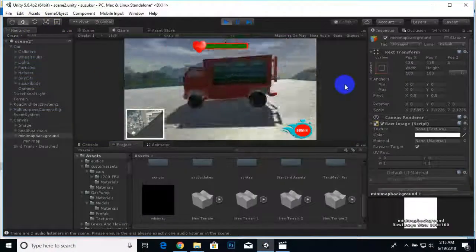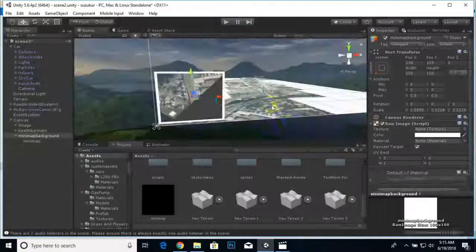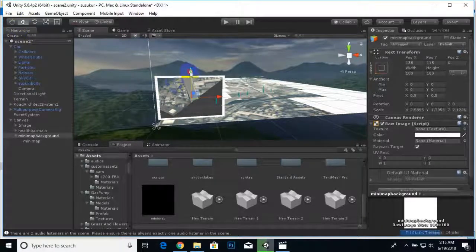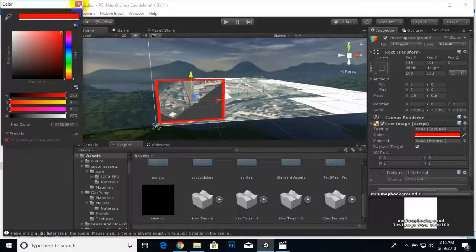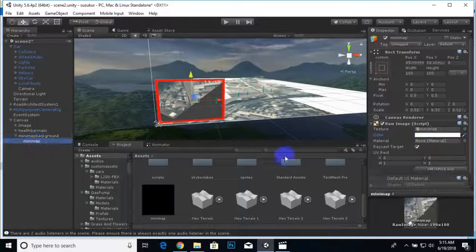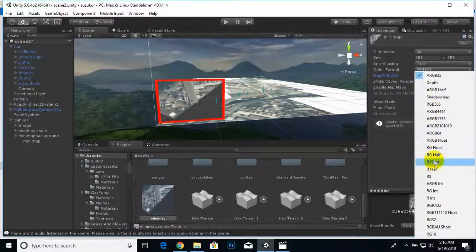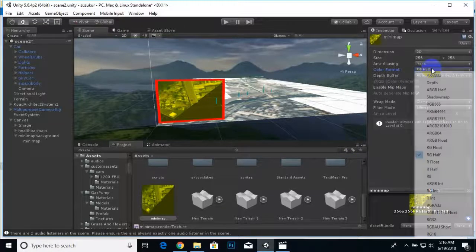If we see, yeah, for matching our game UI elements, we can make this color something like red. Now it's fine. Now if for example you want to make some effects on this minimap, like if you are creating some horror game where you want a different color format, yeah, you can use a color like this. Okay, you can use this for different purposes.